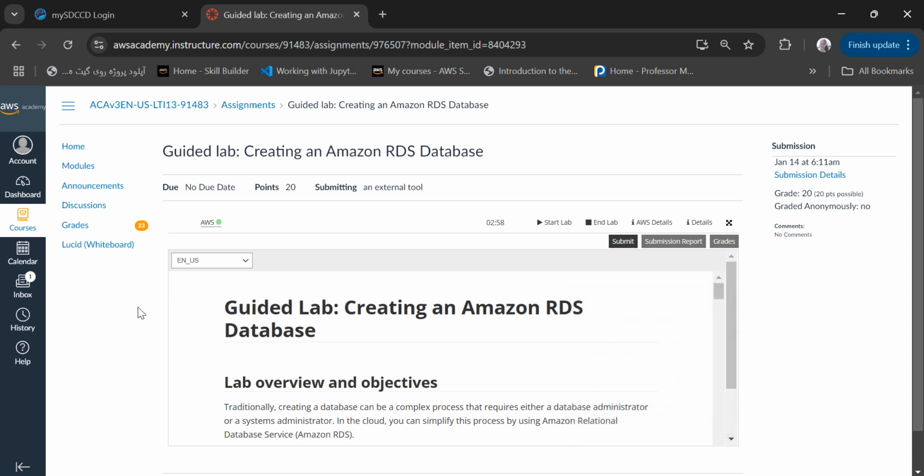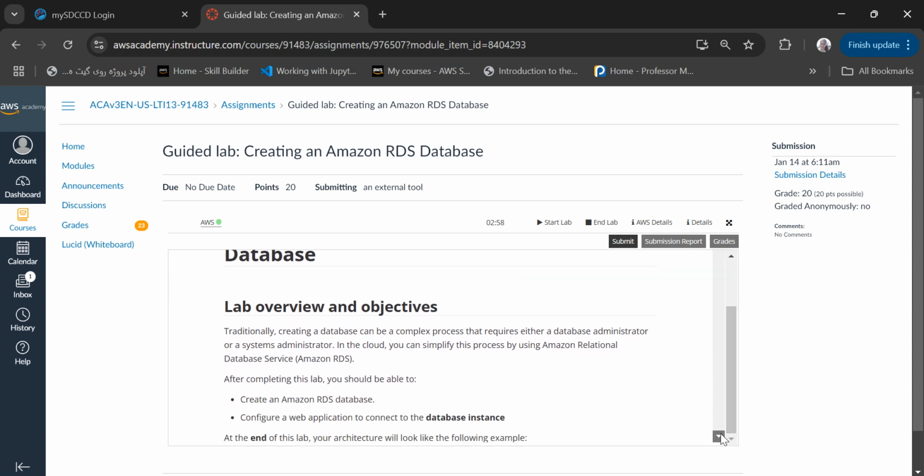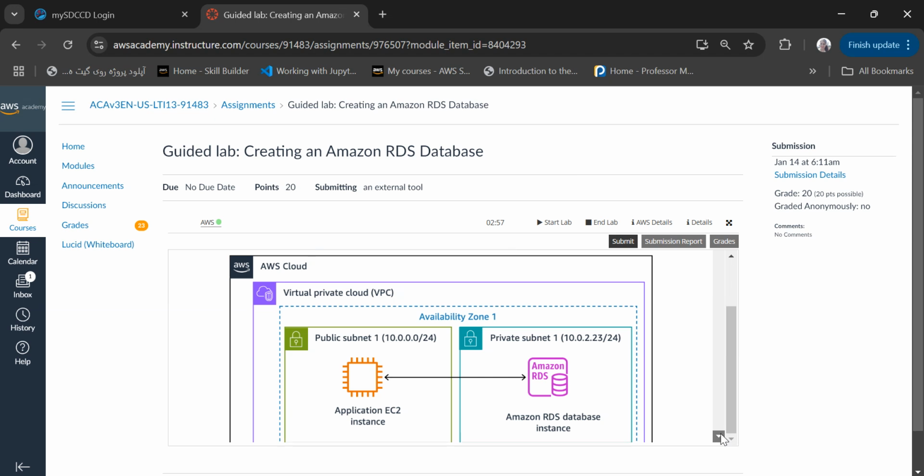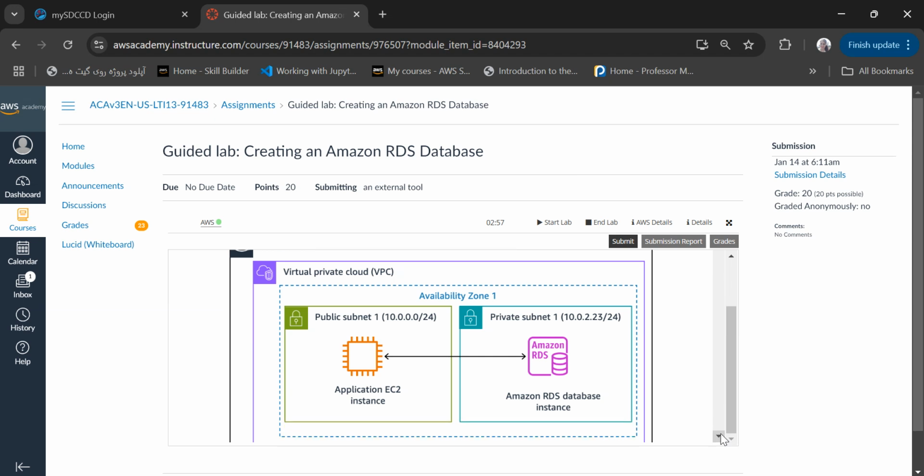At the end of this lab, our architecture will look like the following example. In task one, creating an Amazon RDS database, we will create a MySQL database in our virtual private cloud, or VPC, in the AWS Management Console. We should enter RDS. I go to AWS